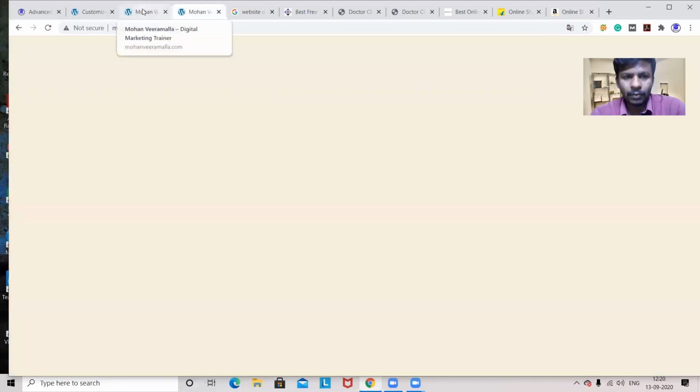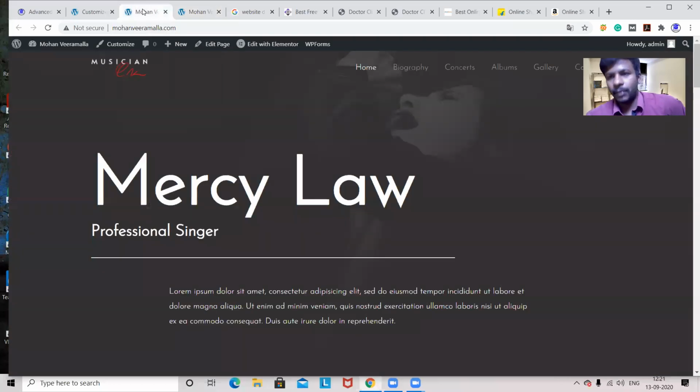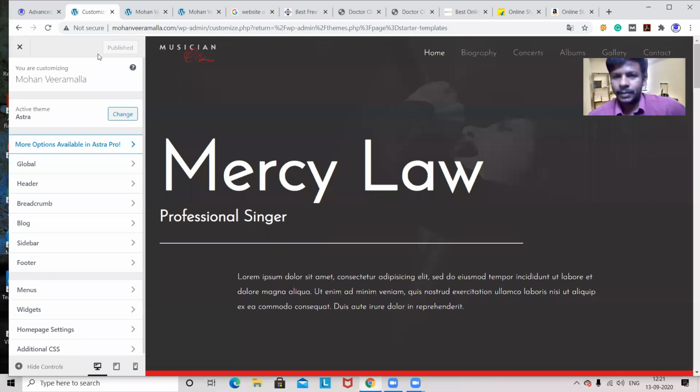So whenever you're designing your personal website or your client's website, make sure that your logo is available. Or you have to ask the client what is the color combination of the logo, or to send the logo. You have to ask in this way so that you can design the site in the same color. So here I have a default logo which is available from the theme, but I don't want that logo. I'll design my logo.